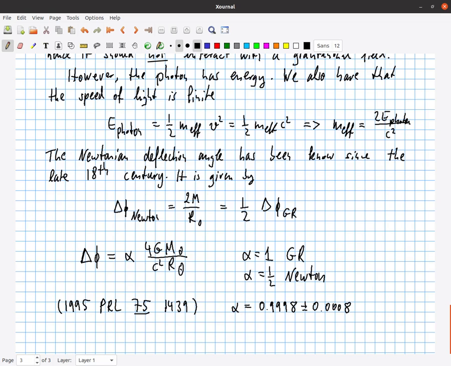So you see that we are, from an experimental point of view, very, very far away from Newton. And there is a very, very small chance that you might find a theory beyond general relativity that pushes this value below 1, but it is a very difficult call. So that is the light deflection